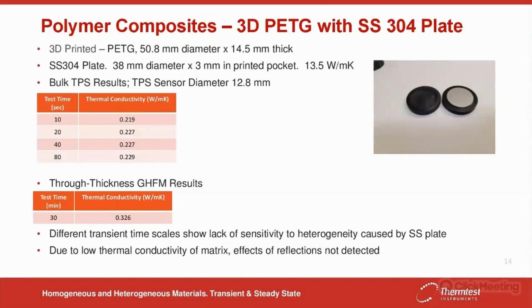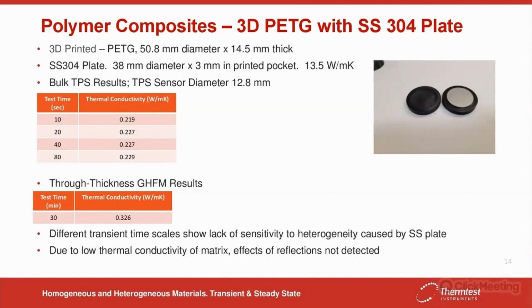And as you can see, this was a very interesting finding, kind of a surprise, that on time scales between 10 and 80 seconds, the thermal conductivity didn't change at all. We believe we did see some effects of reflection at longer time scale in the sensitivity residual, but ultimately, because the matrix is of a low thermal conductivity, the effects of reflection and the effects of the plate weren't seen. Essentially, we weren't sensitive, by this method, to the heterogeneity caused by